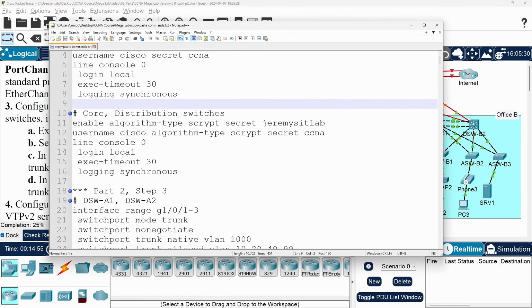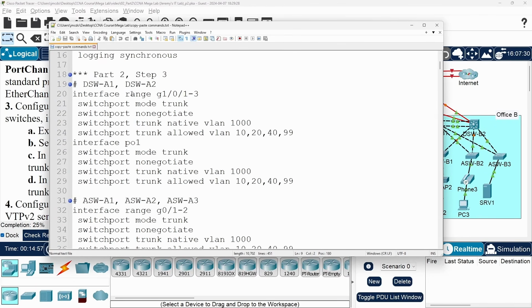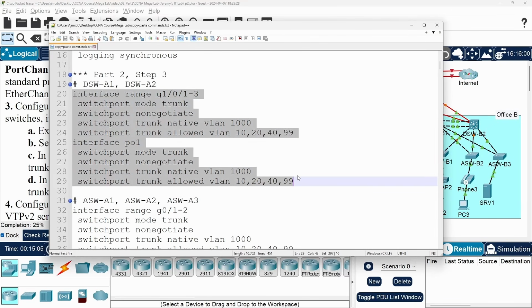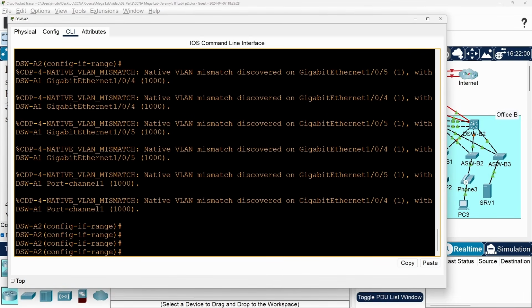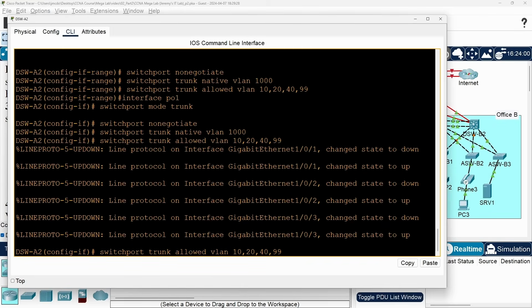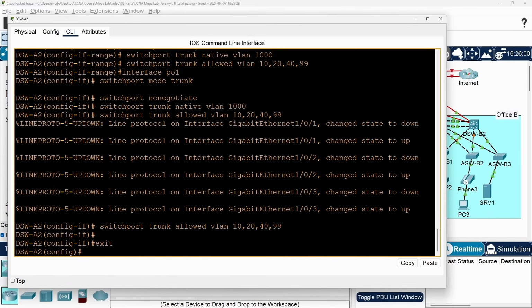Let me open up the notepad I prepared and scroll down to part 2, step 3. First, I'll copy these commands to configure on dswitch A2, identical to the commands on dswitch A1. And now, let's go to dswitch A2, right-click, and paste them. Then, I'll use exit to return to global config mode. You don't have to exit after each step, by the way. It's just a habit of mine.